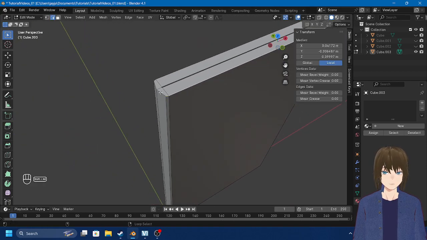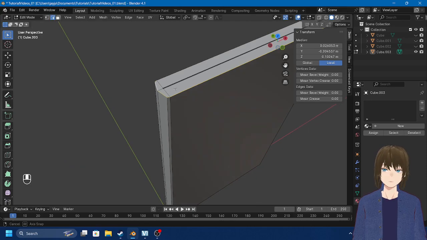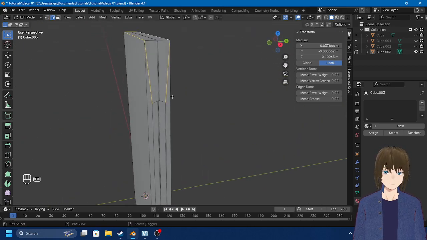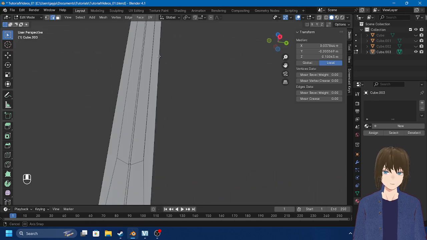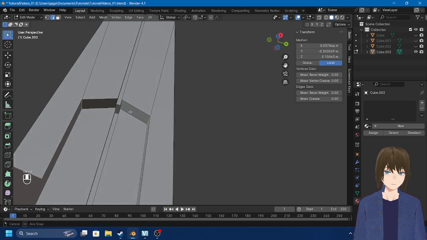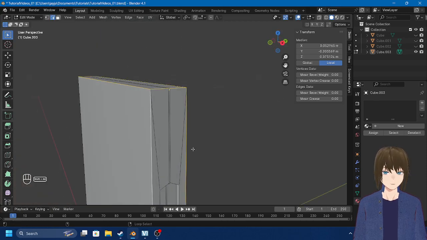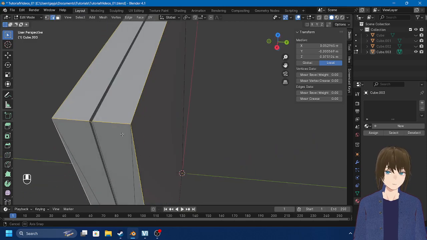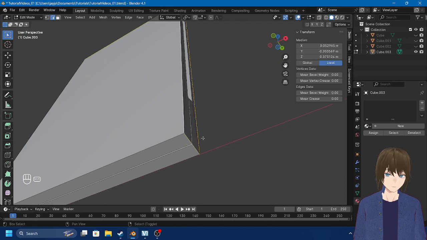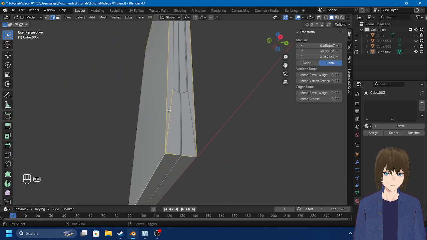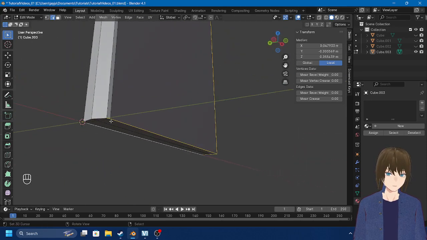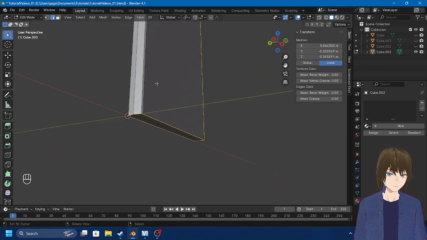Alright, so let's do the top. So Alt Shift select. Oh, I see. It did that. We'll deselect those. We don't need those. Yeah, those can stay selected. And, oh boy. You know what? That works. That does work. Just not that one. Not that one. And that. And